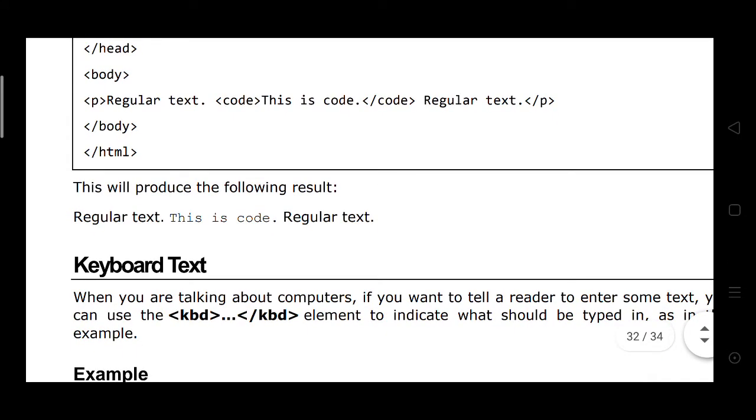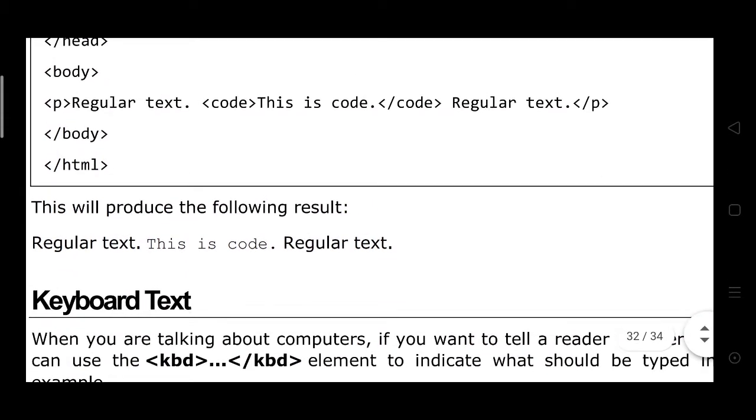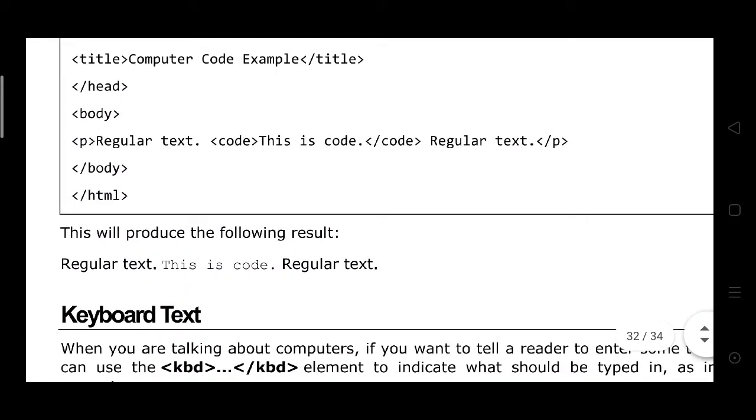This will produce the following result: regular text, this is code, regular text. The code is in mono font.